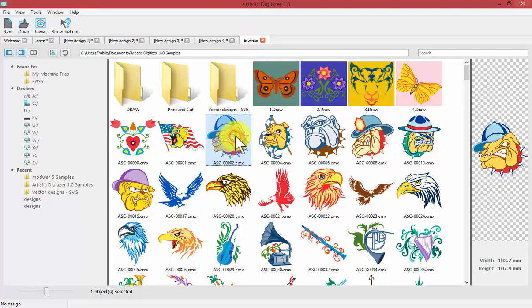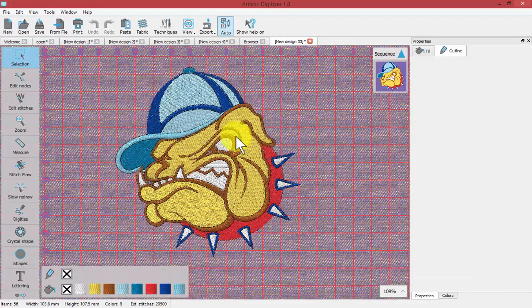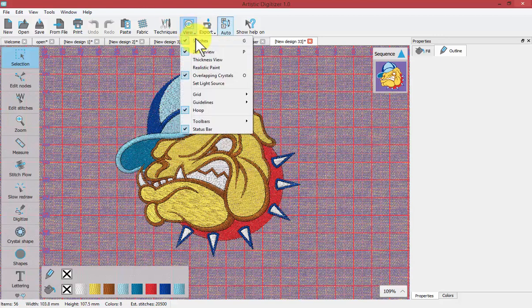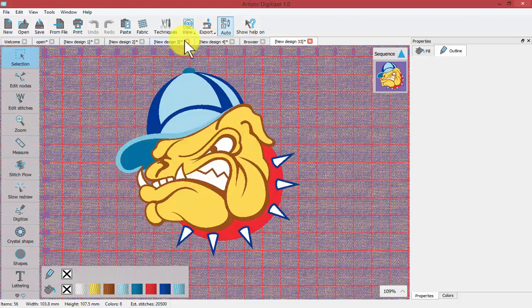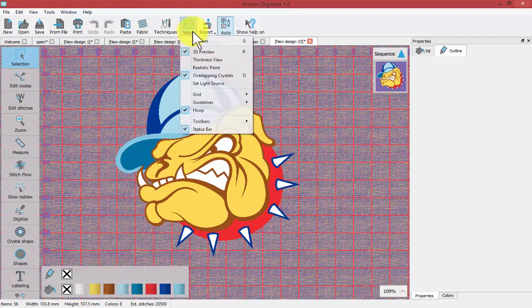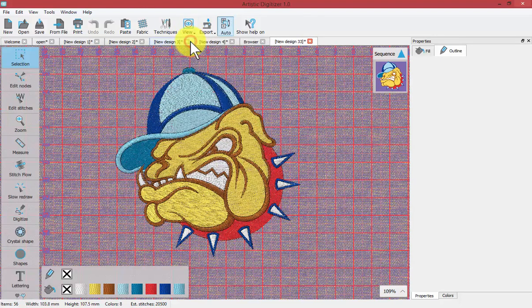and double click on one of the CMX artworks to quickly create some embroidery. Then when I come to the view tool, you'll notice the very first option is called Stitches, and it's checked off, which means it's turned on currently, and it has a hotkey of the letter G. If I click on that, it will uncheck it, and therefore I will only see my graphic in terms of the artwork and the color of the shapes, unless I go back to the View menu and click again on Stitches to turn that